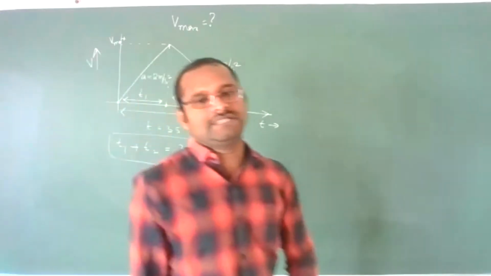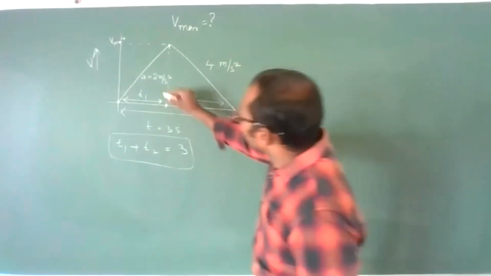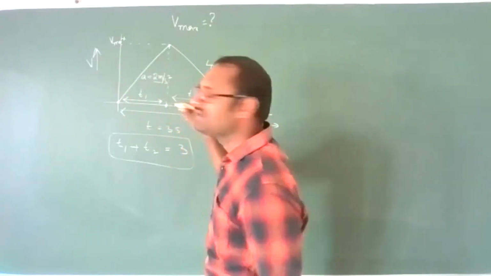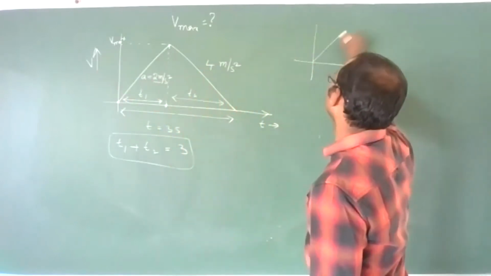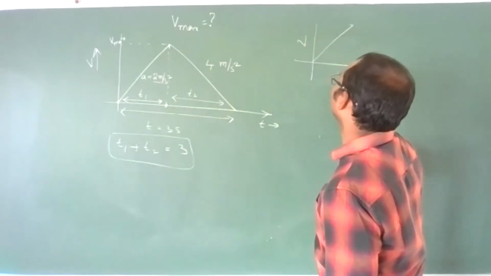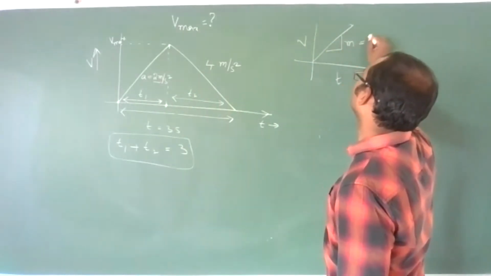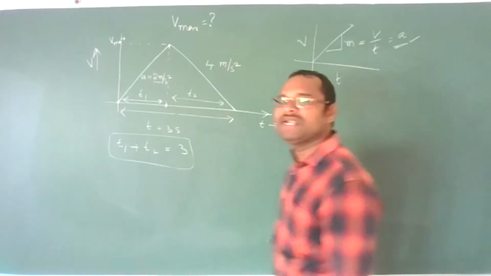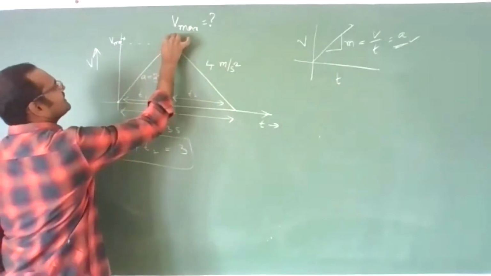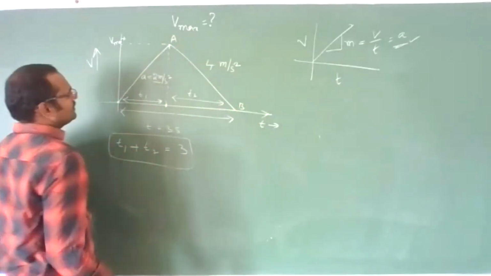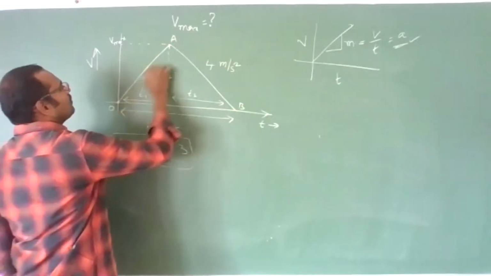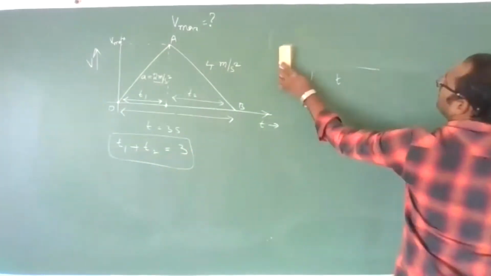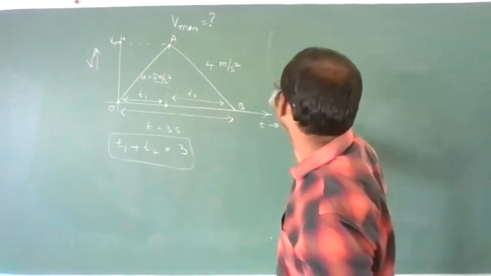Okay? Now what I am doing is, because I know this acceleration. What is acceleration for a velocity time graph? If you have a velocity and time graph, if you take the slope, you will get acceleration. Yes or no? So I'll take the slope. This is A, this is B, this is O, let us say. OA slope I'll find. Slope of OA gives us acceleration.